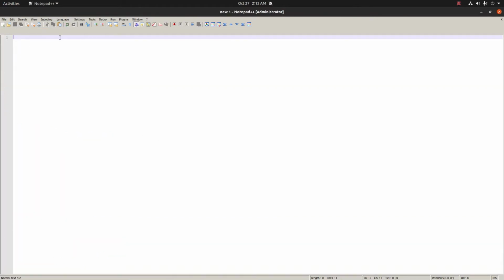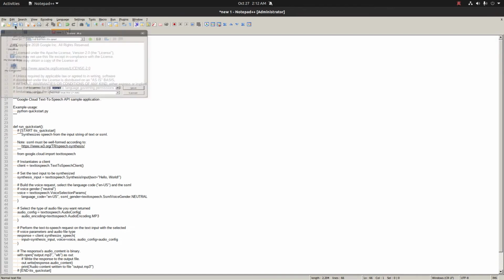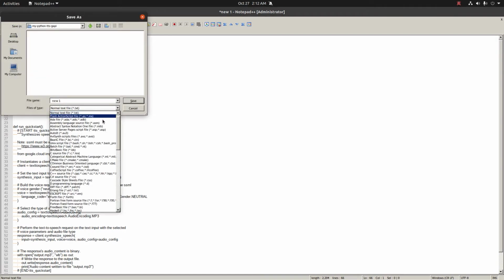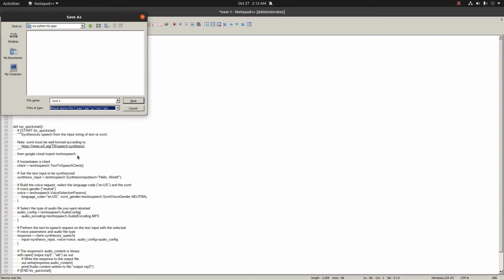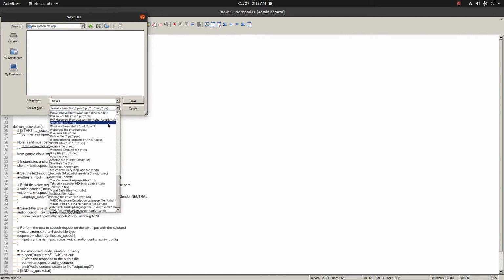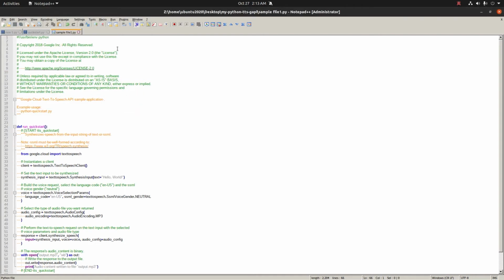Just to show you, we will open a new file. We have pasted here. Now it looks like this, and if you click save, you will get a lot of options. Here in this one you have to select py, Python. You just click p and it will come. You see here, Python. So this is the sample file. Whatever name you give it, .py will be automatically added. Just click save. Now you see the color changed. It's a code editor. So now the file name is simple file one .py. The .py is the main important thing.